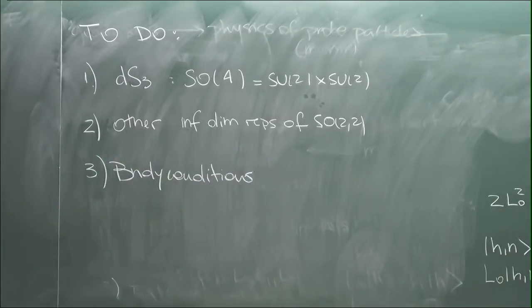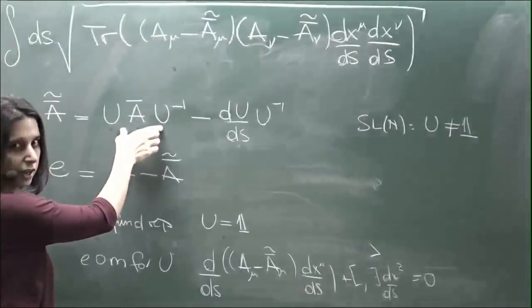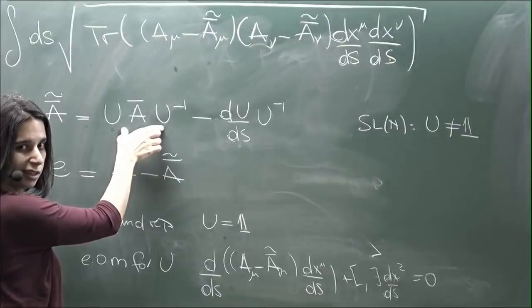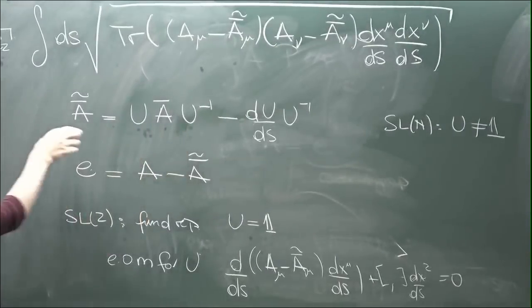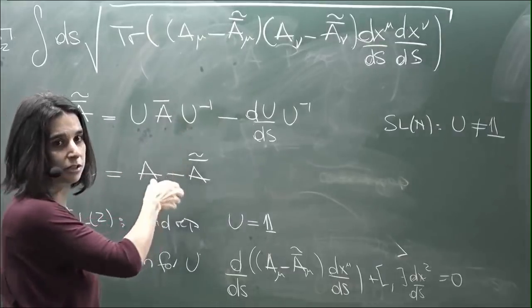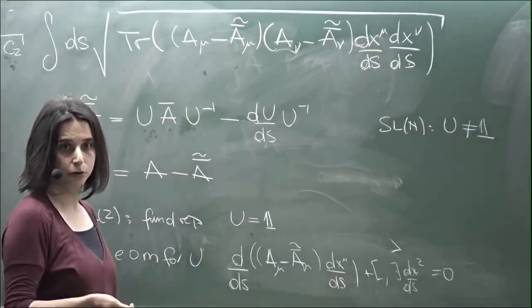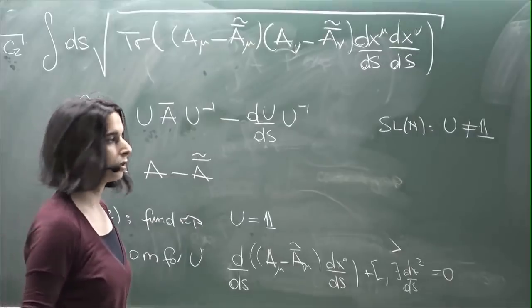So I didn't go through what happens to this answer, but basically the dependence on the endpoints comes in through the fact that U is always kind of like here. And so you have to say, even if you do it in this formulation or this formulation, you always have to tell me something about how U behaves at the endpoints. So there's the boundary conditions on U,